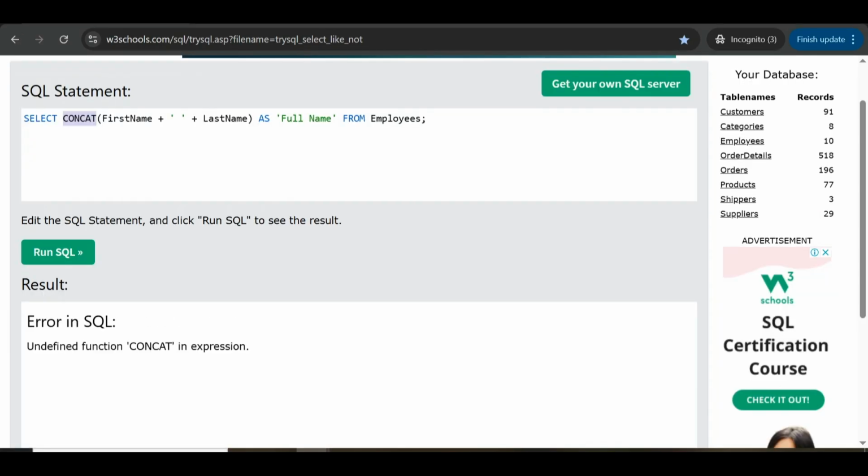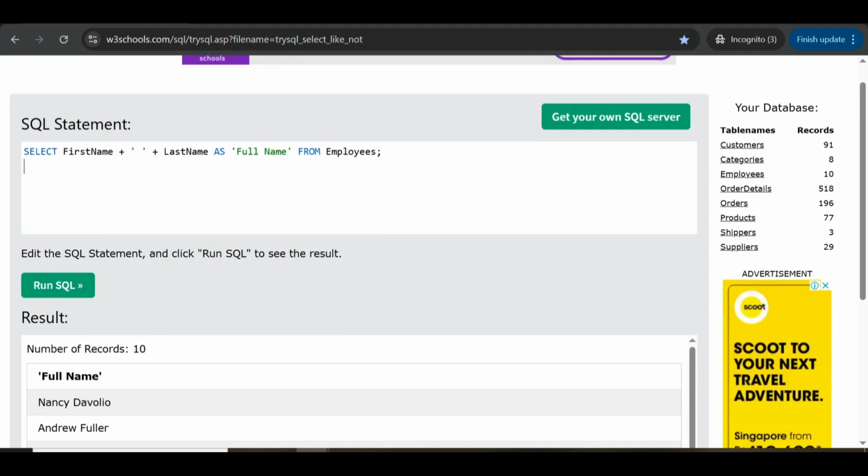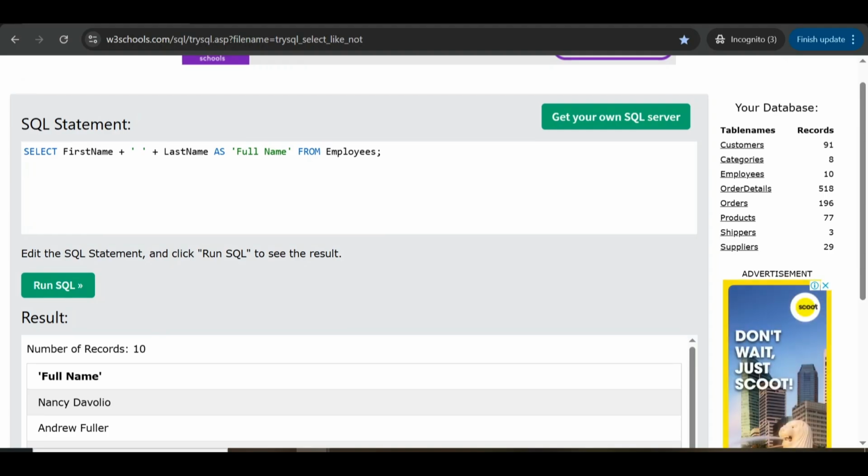Run. Oh, I'm sorry. CONCAT is not supported in SQL Server, but this is the right format. You can use it in MySQL. SQL Server supports it like this: first name plus last name.